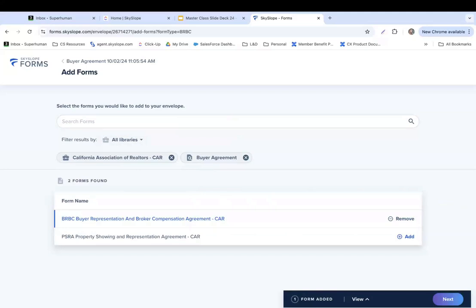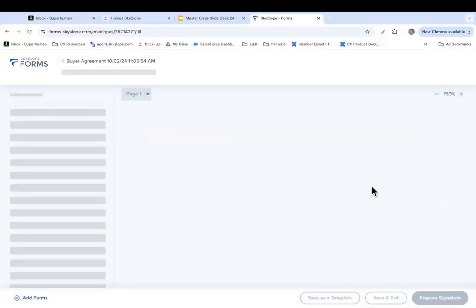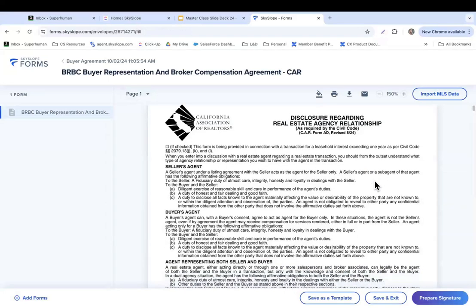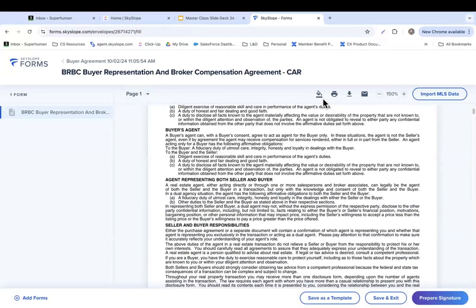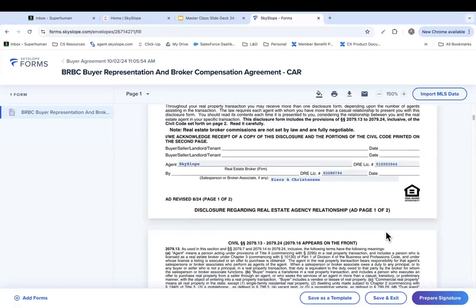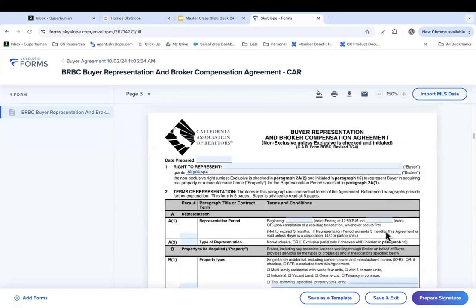To move forward with this selection, I'll click Next, and I'm greeted by my fillable screen. So right away, you'll notice I did not complete that forms cover sheet. I have all of the same bells and whistles, markup tools, the ability to email out. But I really want to highlight here that I'm just simply scrolling right on down and providing some of the key information. We'll use that calendar quick picker